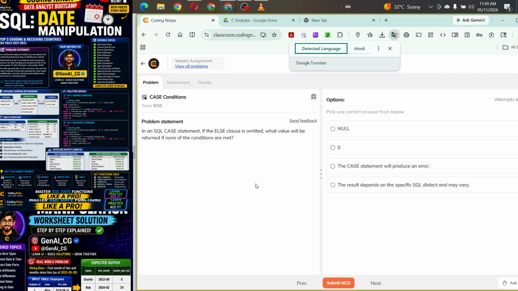Okay, in this question the options are NULL, zero, third option the CASE statement will produce an error, and fourth option the result depends on the specific SQL dialect and may vary. So the correct option in this is NULL, because